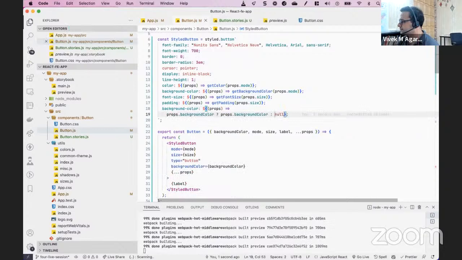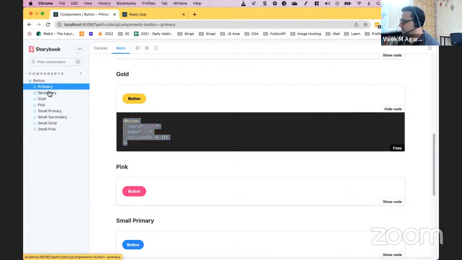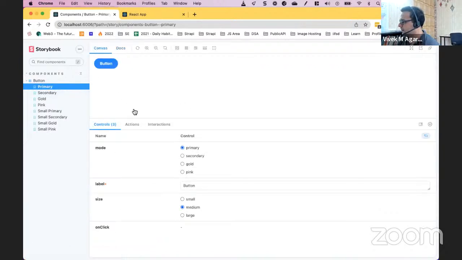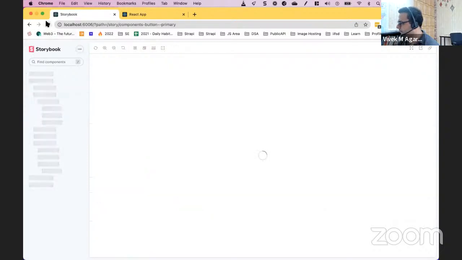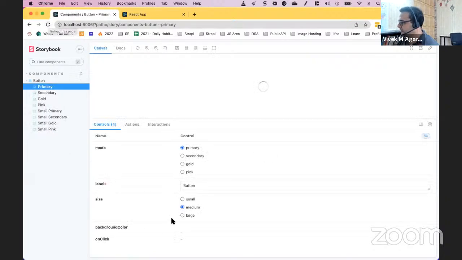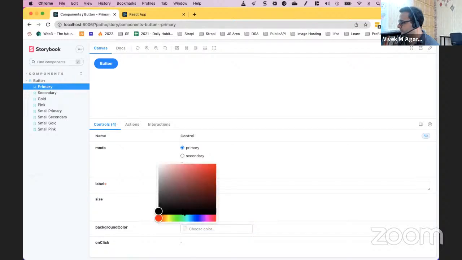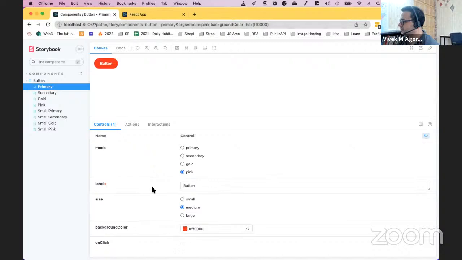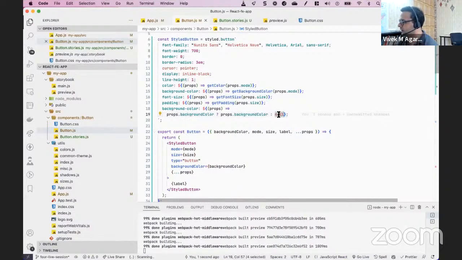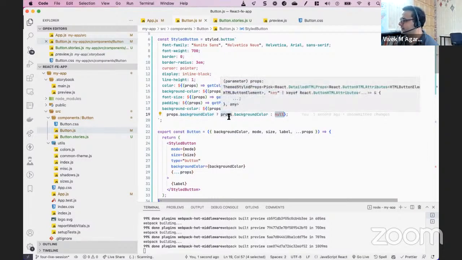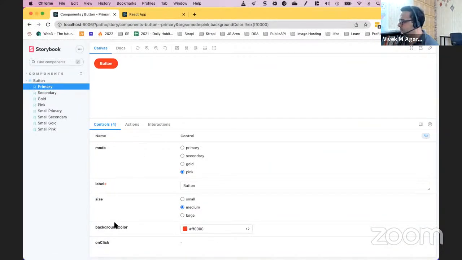इसको अगर हम सेव कर दें, और अपने स्टोरी बुक में अगर हम देखें, कोई भी एक में चले जाते हैं, हम मान लीजिए प्राइमरी में चले जाते हैं, तो आप देखेंगे यहाँ पे, लेट मी रिफ्रेश द पेज। यहाँ बैकग्राउंड कलर का भी एक सेक्शन है, और ये बैकग्राउंड कलर से मैं बैकग्राउंड कलर चूज कर सकता हूँ लिटरली। आई कैन लिटरली सेट इट टू एनीथिंग। देख रहे हैं आप? तो ये रेड कलर मैंने यहाँ पे सेट कर दिया। सो क्योंकि बैकग्राउंड कलर नीचे आ रहा है, जब तक वो नल था तब तक कुछ इफेक्ट नहीं आ रहा था उसका, लेकिन जैसे ही हमने सेट किया कुछ भी कलर, दैट गॉट ओवररिडन।